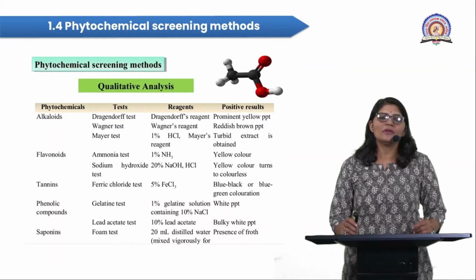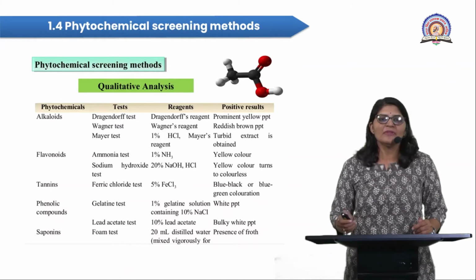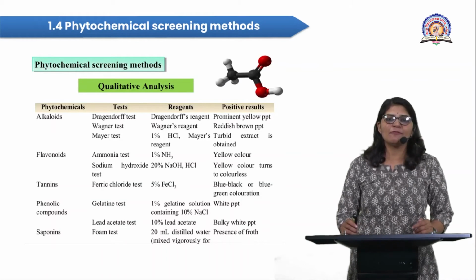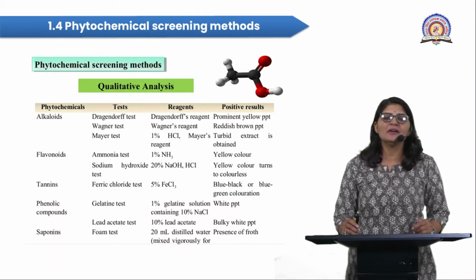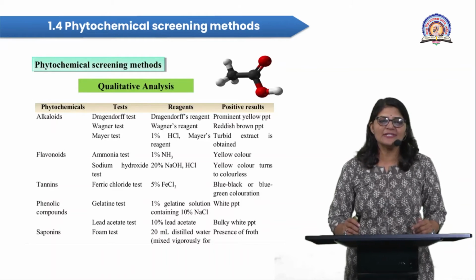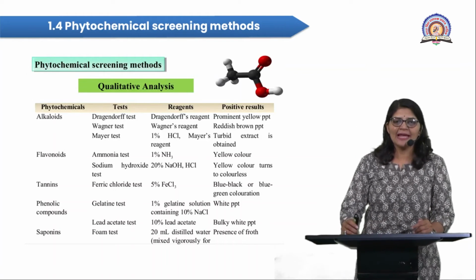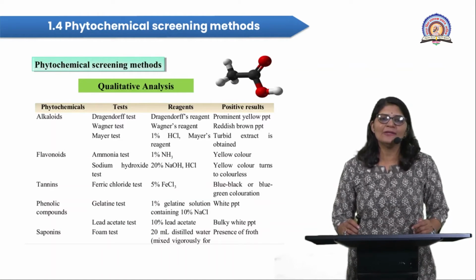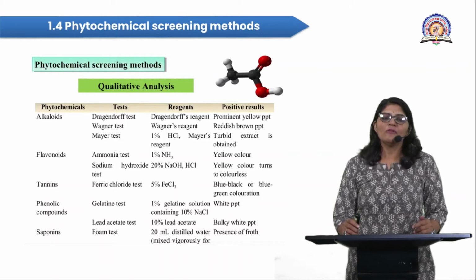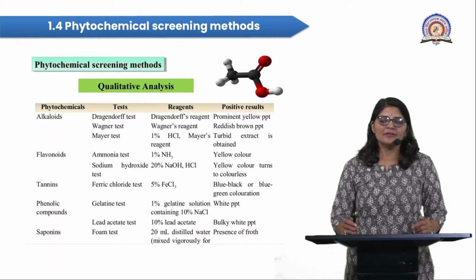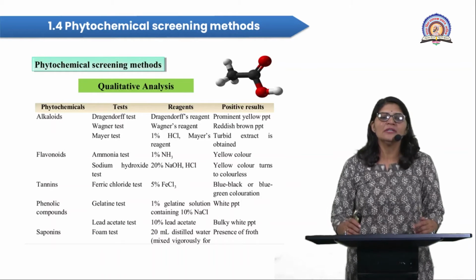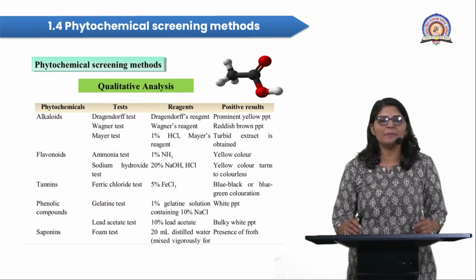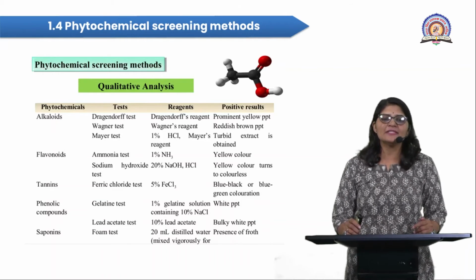So here the qualitative analysis focused on the phytochemical, the test performed, the reagent used, and the end point, which means a positive result. The phytochemical alkaloid within the crude drugs: detection of alkaloid, presence of alkaloid. For that, the Dragendorff test was carried out. The Dragendorff reagent was used, and a prominent yellow precipitate indicates the presence of alkaloid